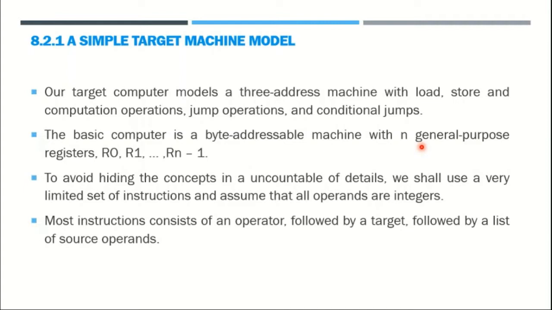Three address code as the input, and it can perform several operations like load, store, computation operators, jump operations and conditional jumps. Based on the code generated by the intermediate code generator, we take that code as the input, and then we can perform some operations on the processor or on register memory. Such operations are load, jump, store, and any additional computational operators.